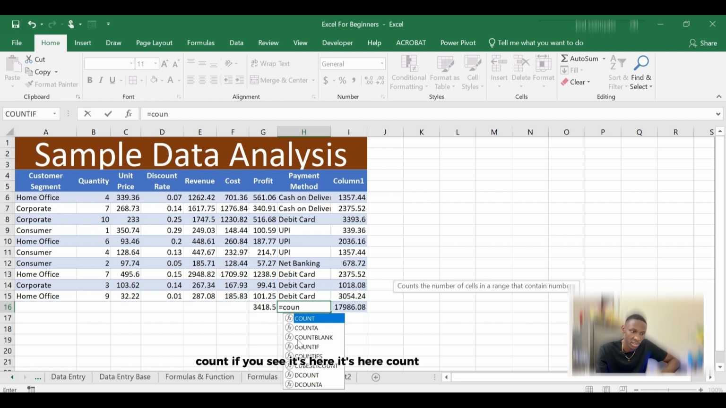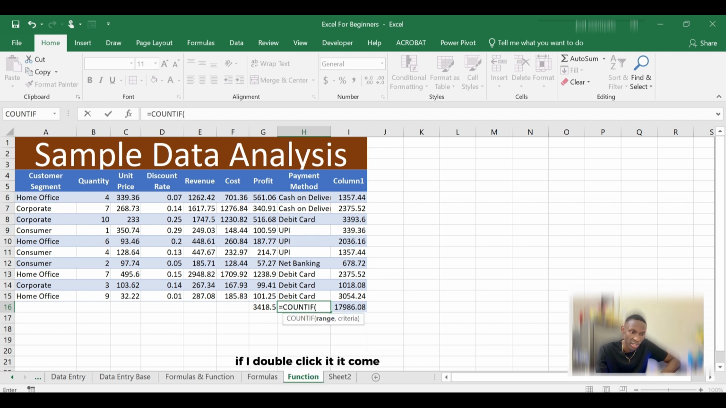COUNTIF. You see it's here. I double click it, it comes, then it requests a range and a criteria. Now the range is supposed to be where I want to look for my payment method. I put a comma there, I open parentheses, then I type, I want to find out how many